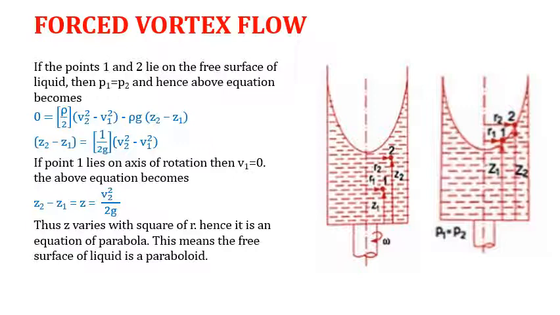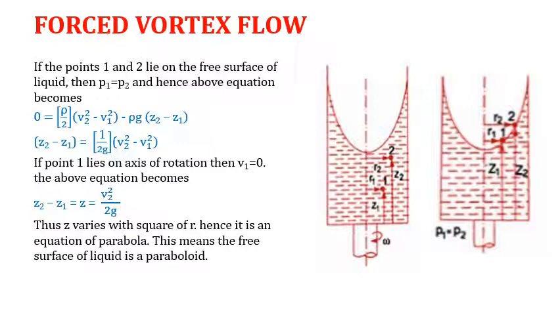Now in order to simplify the expression, we are going to consider these points to lie on the water surface. As they are on water surface, they have atmospheric pressure. So the change of pressure P2 minus P1 is 0. So the above equation can be rewritten like this. And if you rearrange it by taking minus rho g, z2 minus z1 to the other side, and then divide both the terms by rho g, further simplifying, you will get z2 minus z1 is equal to 1 over 2g into v2 square minus v1 square.